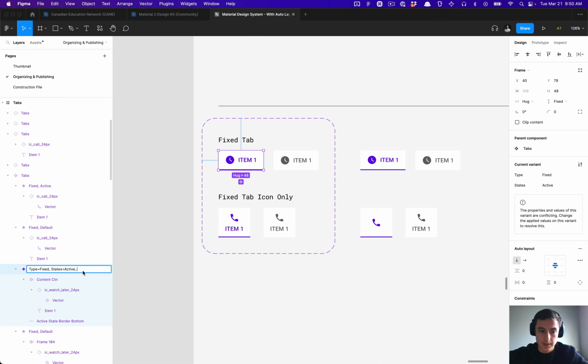So you can kind of see what it is that we're going to be inputting. But we're going to do it one by one. Every one of these elements will have to have these values in order for there to be conflicting properties in this variant. So I'm going to go ahead and